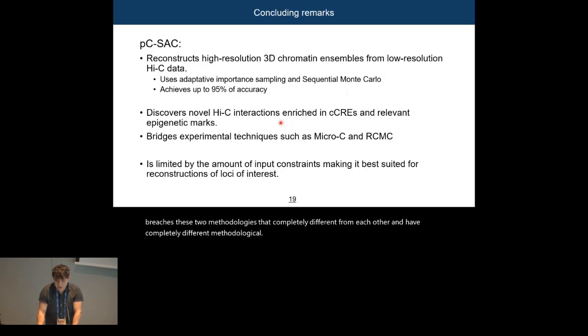steps. So just as a concluding remark, I have presented pC-SAC, which reconstructs 3D chromatin ensembles from low resolution Hi-C data using sequential Monte Carlo and achieves up to 95% accuracy. We discovered novel Hi-C interactions that are actually biologically relevant, and we can breach experimental techniques such as micro-C and RCMC. And the important thing is that we have to think of pC-SAC as a good alternative to study low